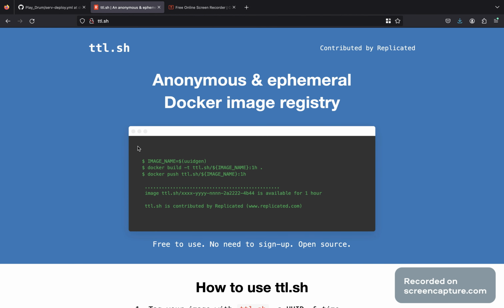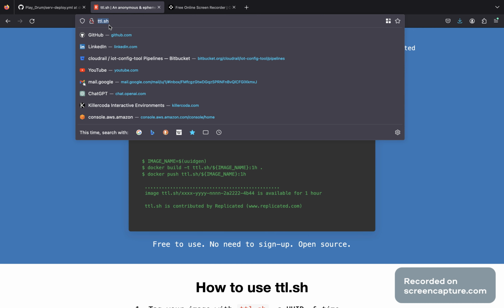Today's video is about ttl.sh, which is an anonymous and ephemeral Docker image registry. This project is contributed by Replicated. In this video, we will go through this amazing tool and do a small demo, showing how Docker images are built and pushed, and then how we can pull the same application in our Kubernetes cluster. To go through the tool, you can search the web for ttl.sh